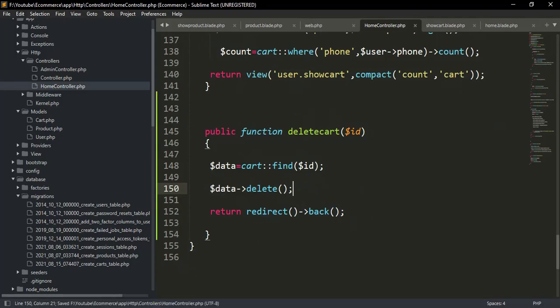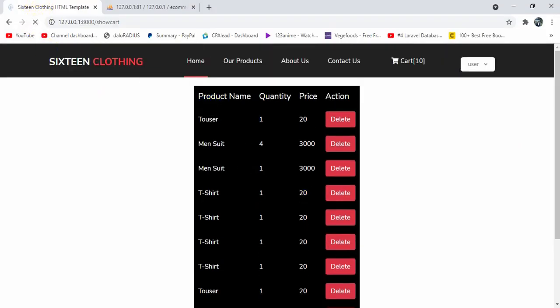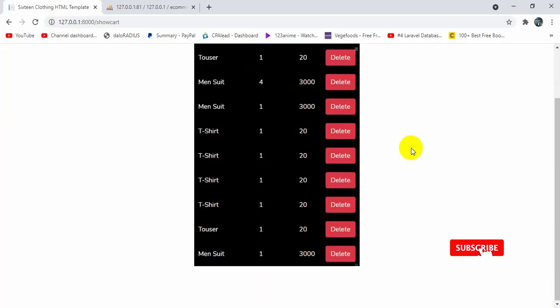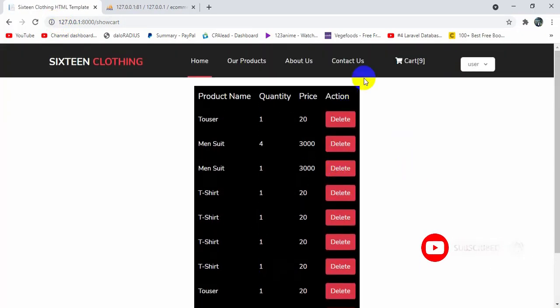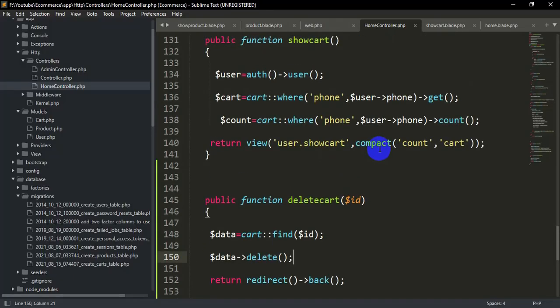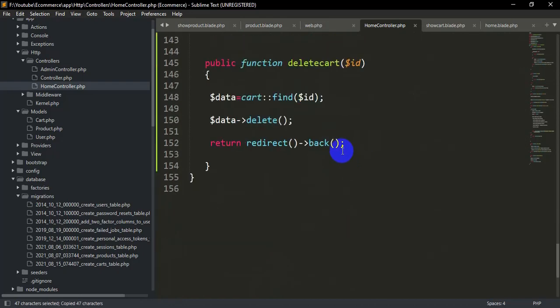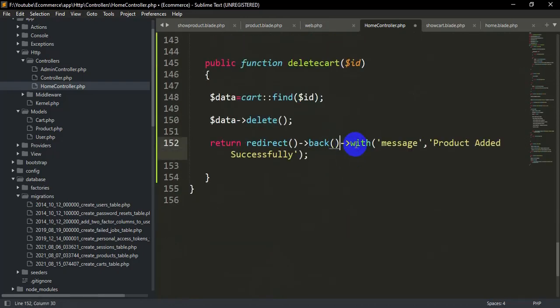If we save it now and refresh, let's say I want to delete this last one, trouser. If you click delete, you can see the page is reloading and the trouser is deleted. Now we should also show a message that the trouser is deleted successfully. For it, let me copy this line from here, Ctrl C, and paste it over here, Ctrl V. After this back we are sending a message, "product added successfully". Now instead of added we'll say